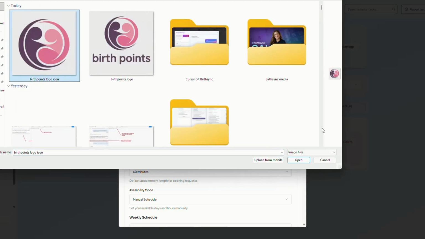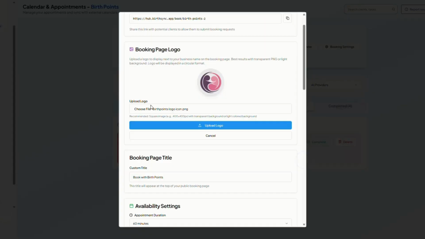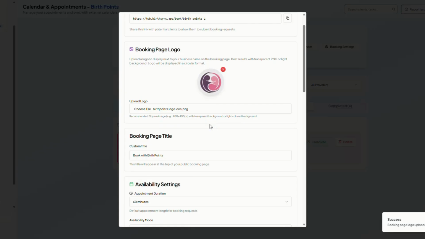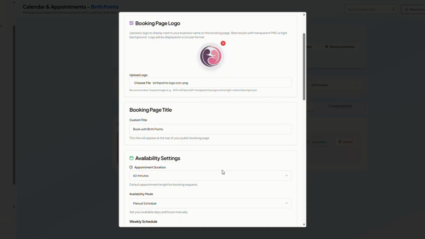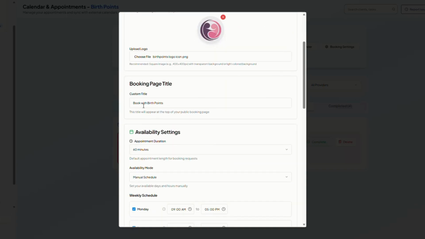And I found just a kind of a sample logo. There it is. Now, this is a two-step process. Uploading the logo does not confirm it for your page. You actually have to upload it. So this is blue and it's sitting there for a reason. You now see the red X, which means that you have successfully uploaded it. And you also get a little message in the corner that says it's been successfully uploaded. And then we'll just say connect with